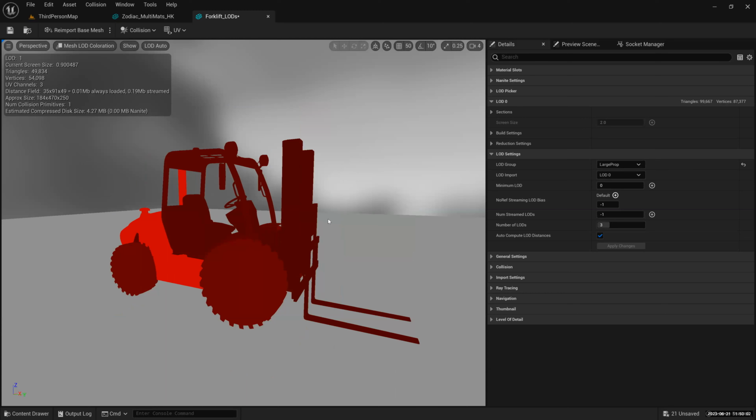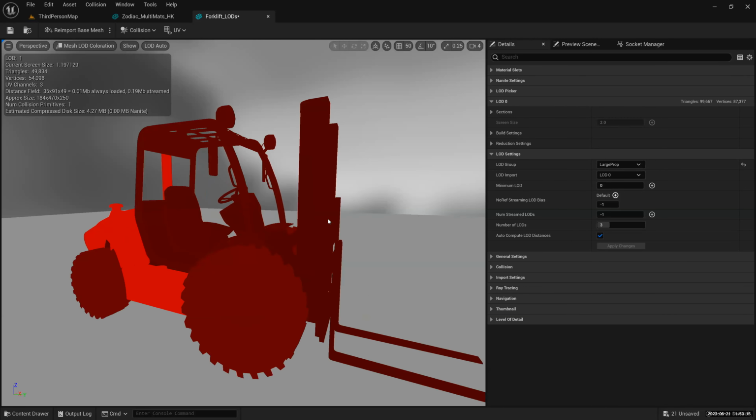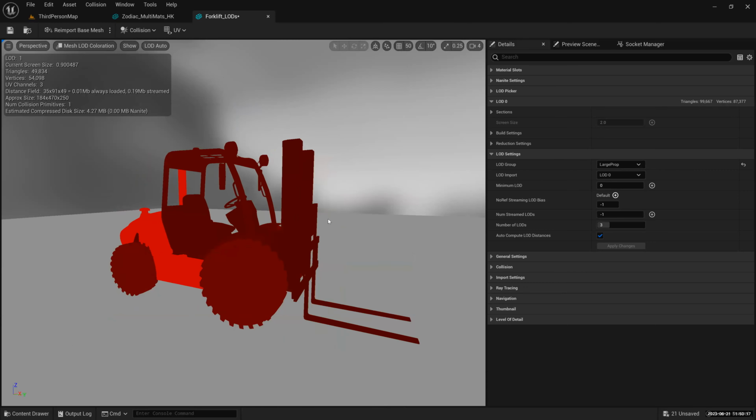Let LOD do the collision for you. Let Unreal do the collision for you. Let Unreal do the LOD for you. It's free of charge. They're not charging you anything. Just do it, and then you can come and inspect in the static mesh editor how it has done it and whether it suits your needs or not.